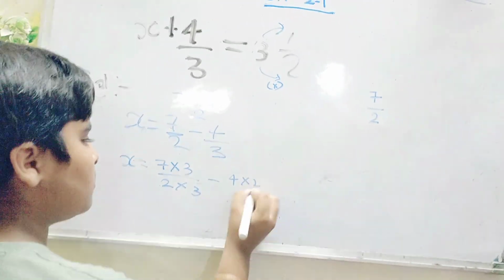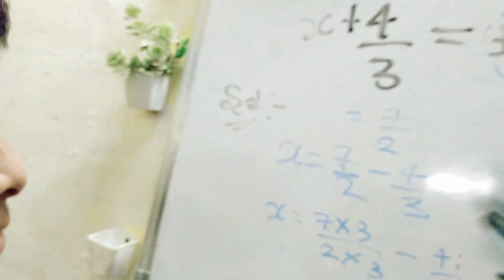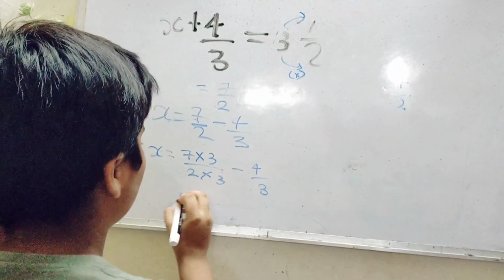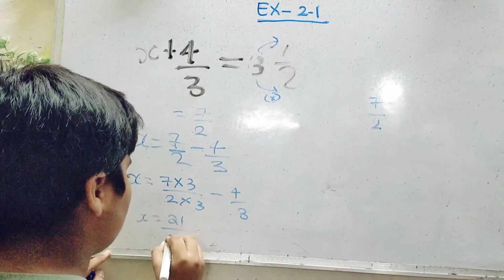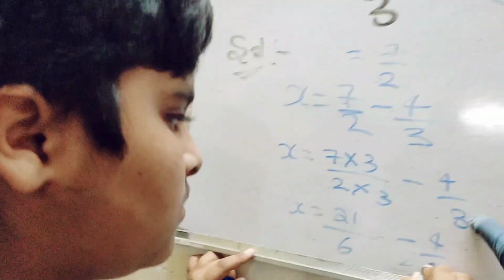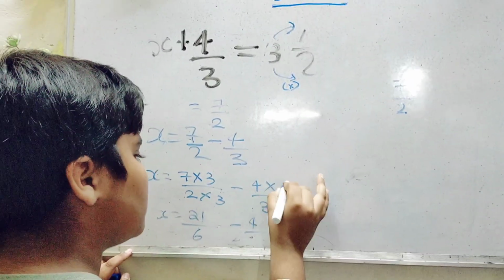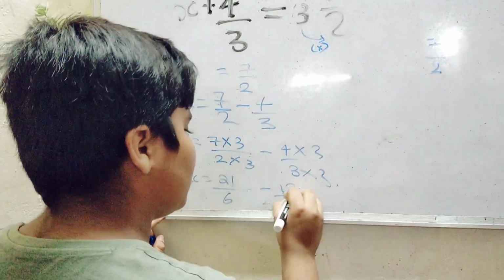Yes. No need. This one is same because you don't have to convert this. Okay, then 7 3s are 21, 2 3s are 6. Oh yeah, this one also, sorry. Multiply this one also. These people are making so much noise.